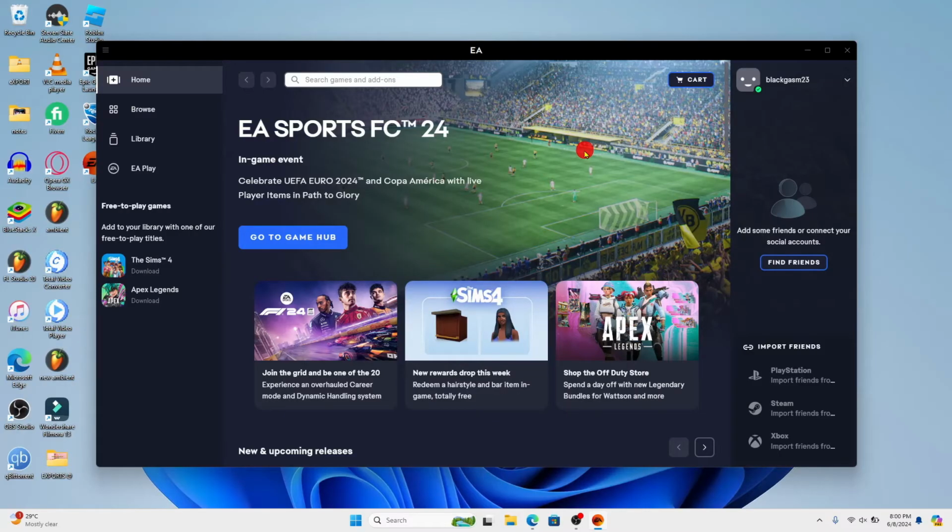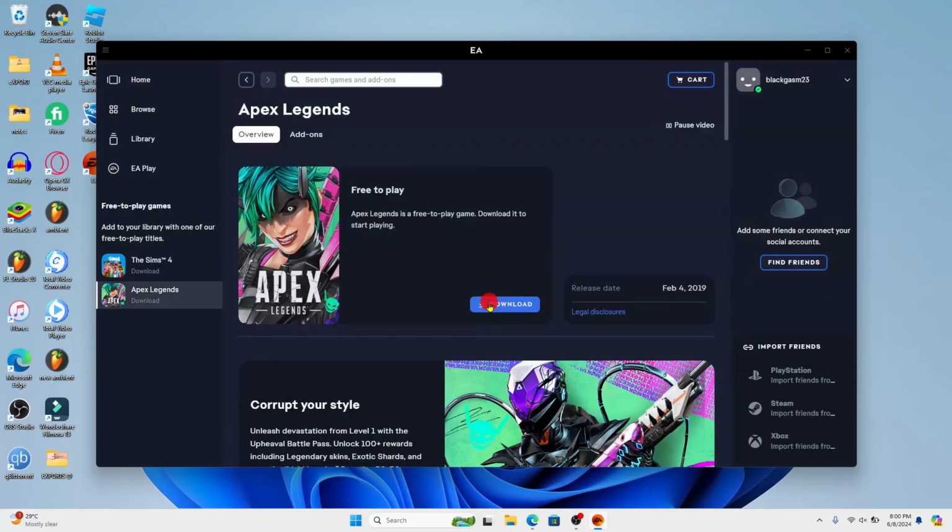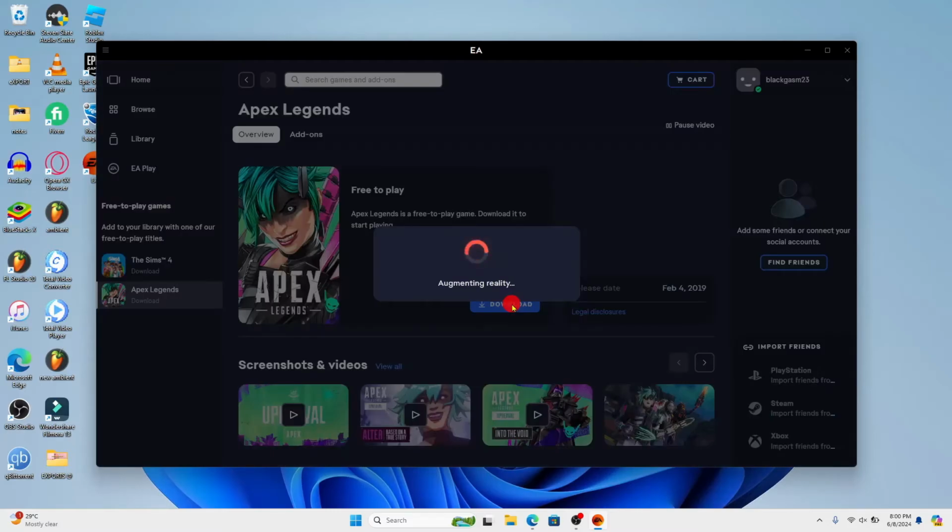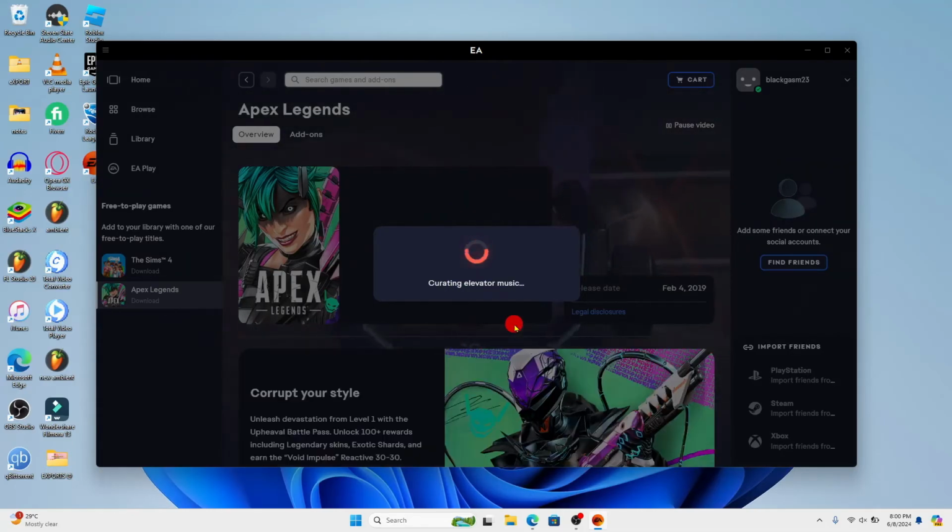After proceeding with logging into your account, you will be taken to the EA app homepage, from which you can click on Apex Legends and you will see the download button. You can click on the download button and now this will begin the download and installation of the Apex Legends